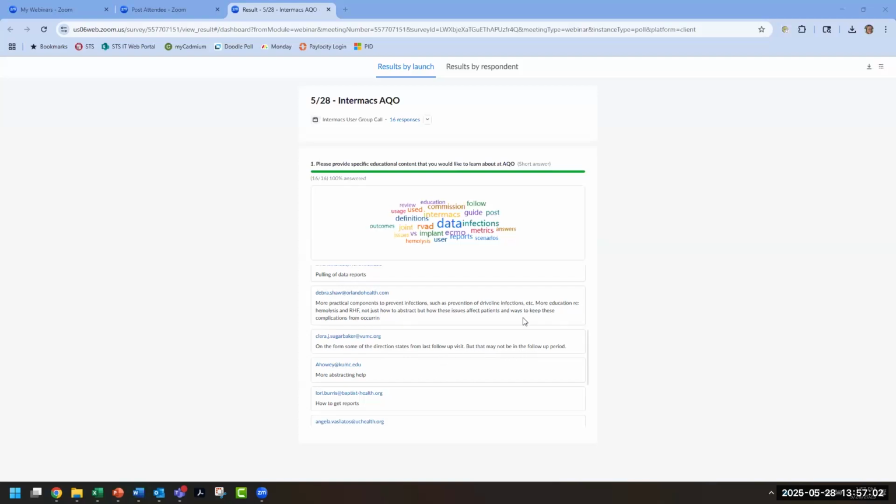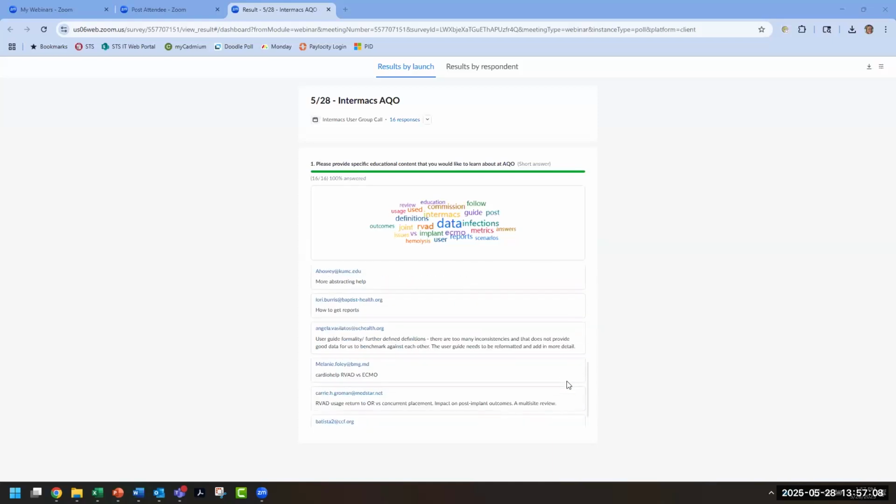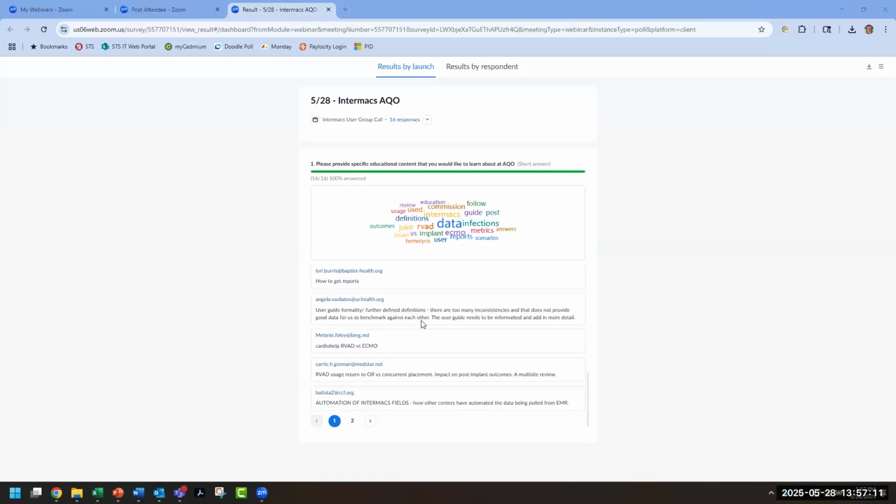Let's see what else. More education for hemolysis and right heart failure. Further defined definitions, cardio help, RVAD versus ECMO, RVAD usage.